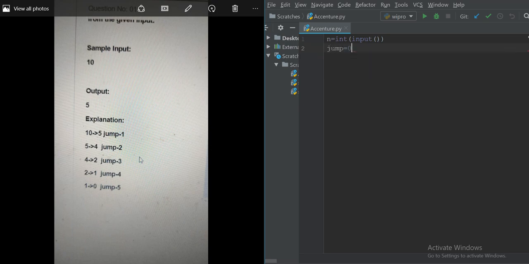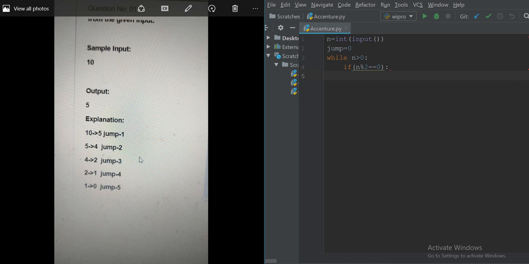Take a jump count of 0, as initially we don't have any jumps. Then we loop so that we go from the nth position to the 0th position, checking for even or odd on the value of n.